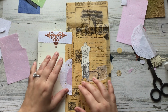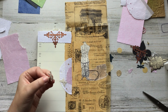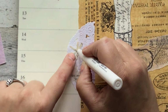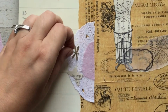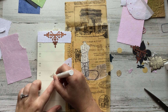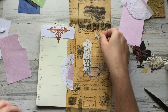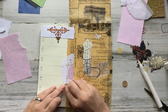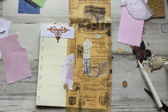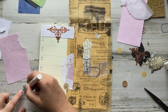Once I started putting things down, I sort of questioned a lot of my decisions, but I'm really happy with the end result. I'm glad I stuck it out, and I'm just showing you here, I'm just using this Martha Stewart glue pen, and I'm using it to glue down these really delicate little punch outs that were included. They are made out of book pages, so the texture is already amazing, but I didn't want to use my glue stick because I didn't want to rip any of those wings, and this Martha Stewart glue pen is really